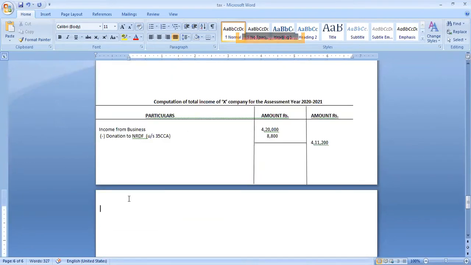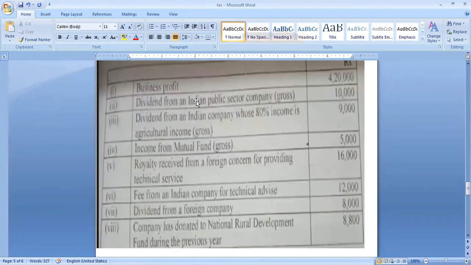See, you all know that income from salary is not there. Income from business we have calculated. If you observe this problem, there is no income from house property to this company. Income from salary is not there. Income from capital gains is also not there. Please see, there is no capital gain. There is nothing mentioned that the company sold a particular asset, its purchase price is this one, its sales price is that one. So three incomes are not there: income from salary, income from house property, income from capital gains.